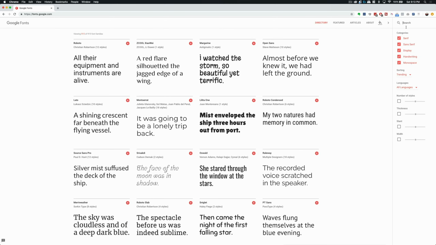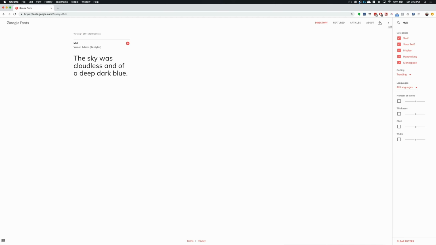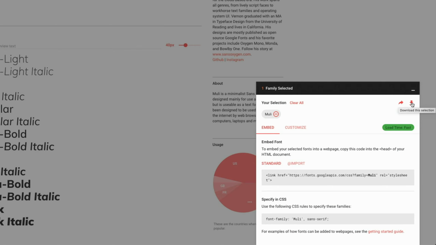Now, I'm actually going to search for a font that we're going to be using. So you can see here the Mulish font. I can go in and actually just get an idea and look at all the different styles and see if this is a font that I want to use. And then I can come over to select this font. I can open it, and then I can click here to download the font file